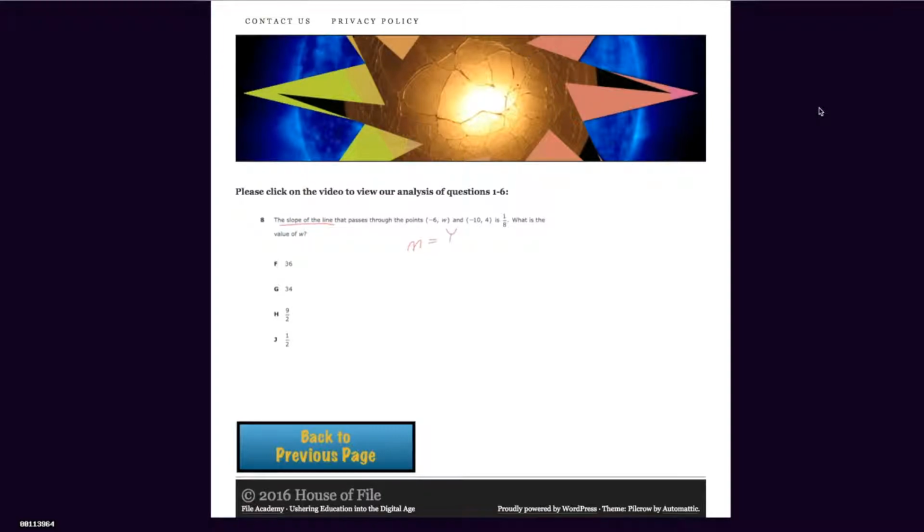equals y2 minus y1 over x2 minus x1. So, again, let's just plug these in and see if they work. Okay, our slope is 1/8. So, first one is 1/8